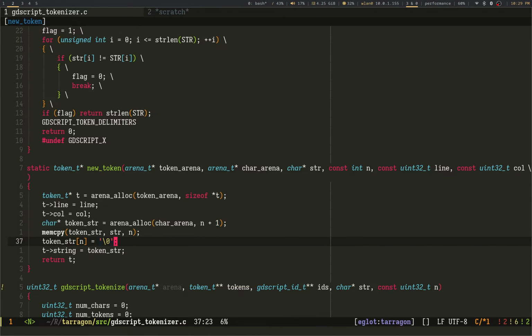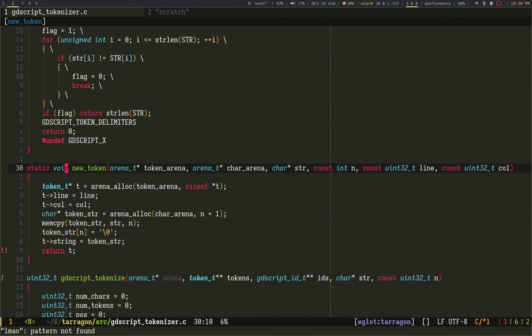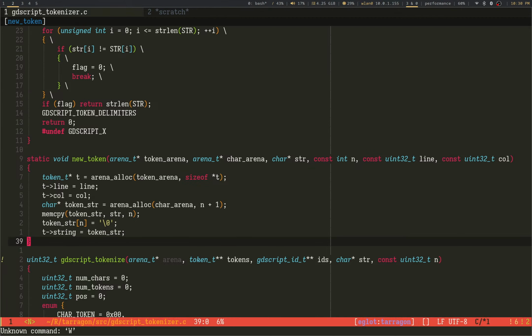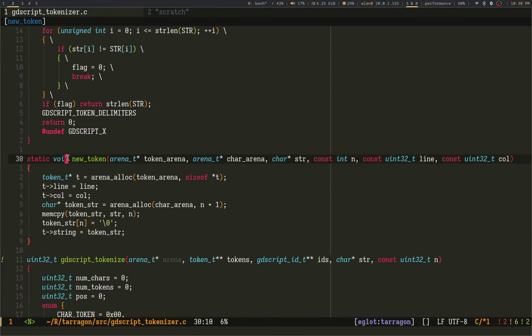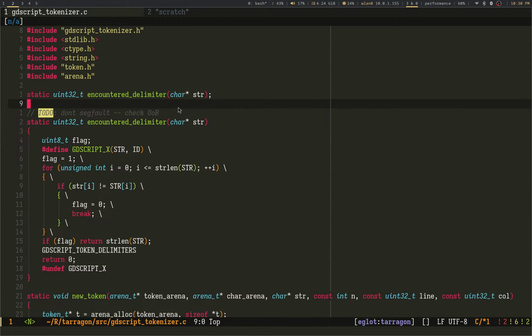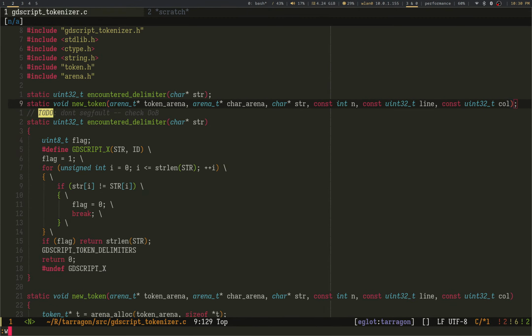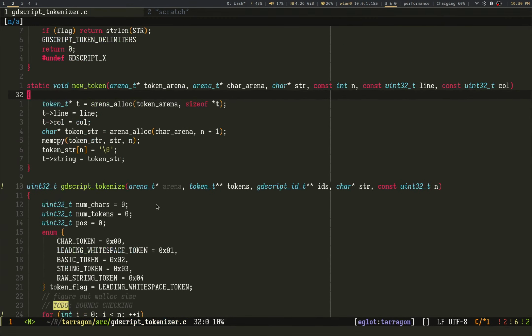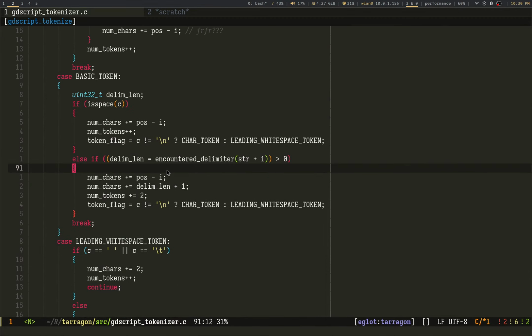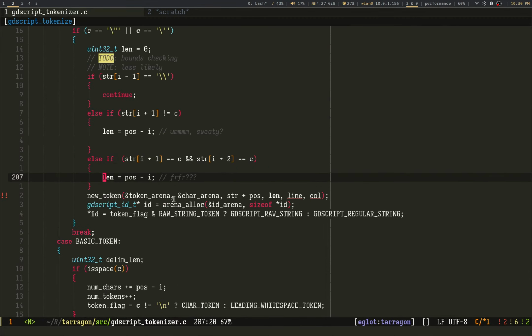Nope. Okay, great. Actually don't need that, so I'm going to just make this return void. Yay. Don't need that. Cover that signature, add it up to the top. Great. Looks good.